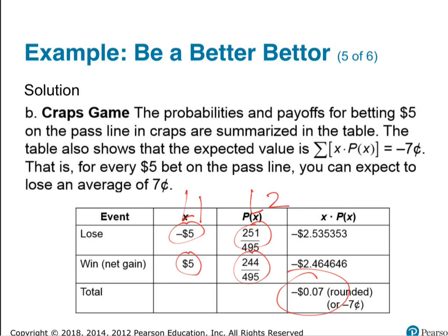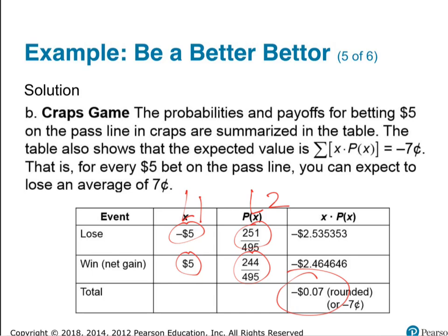But this game, actually, craps is a little more fair than the roulette table. I don't know if you know that. You can go on Google and find all that out. Craps is more fair. Blackjack and craps are the most equal games at the casino. Slots are the worst, and roulette tables are below craps and blackjack. So this means, on average, the casino knows you'll lose about 7 cents per game for